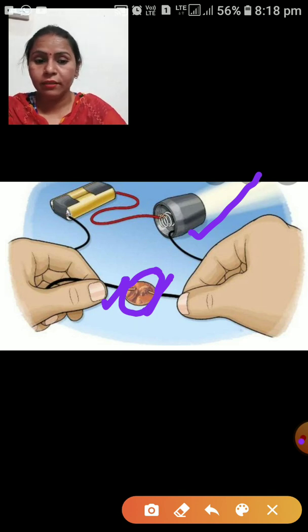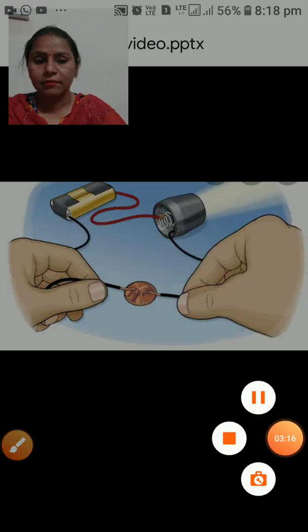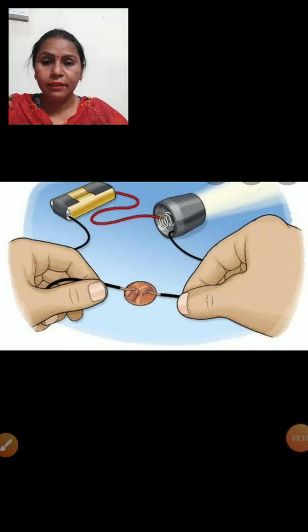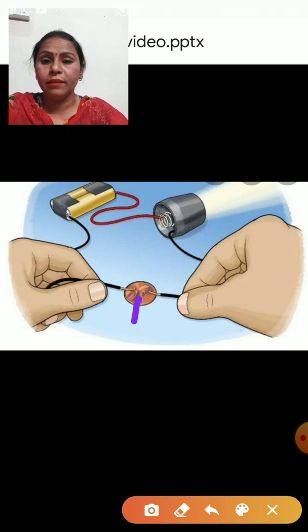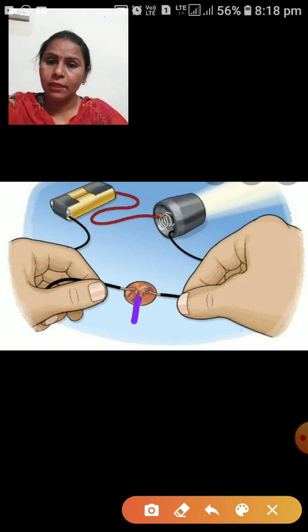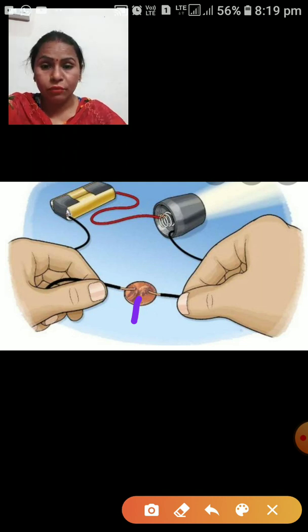What is this thing showing here? This thing is showing that this metallic coin is a conductor, as it is passing electric current. Now in place of this metal coin, you can use some other materials also which you have at home. For example, you can use an iron nail, your key, your metal scale, your steel container, aluminum foil, etc.